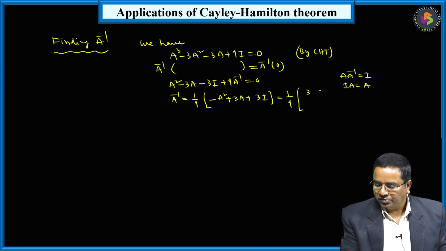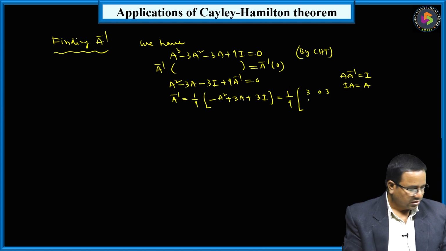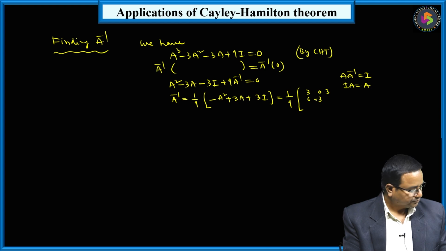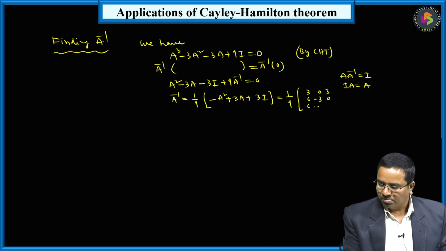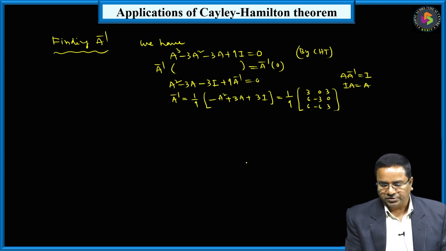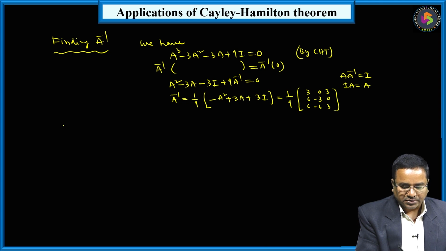This is the 3, 0, 3. We'll get this one: 6 minus 3, 0. This is 6 minus 6. You check it at home by verifying this one. So this is A inverse. Then next, finding